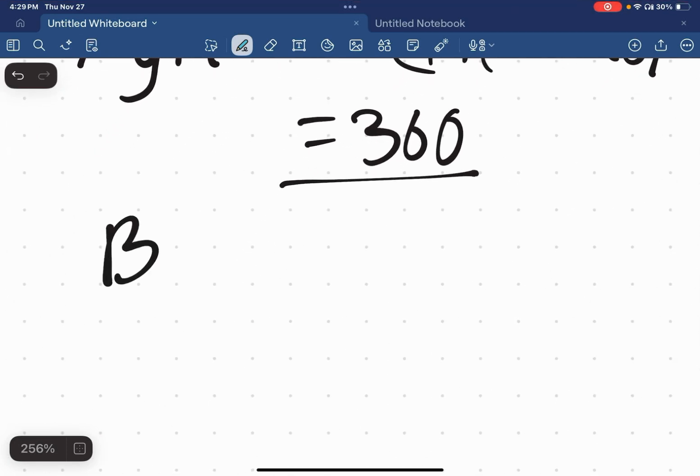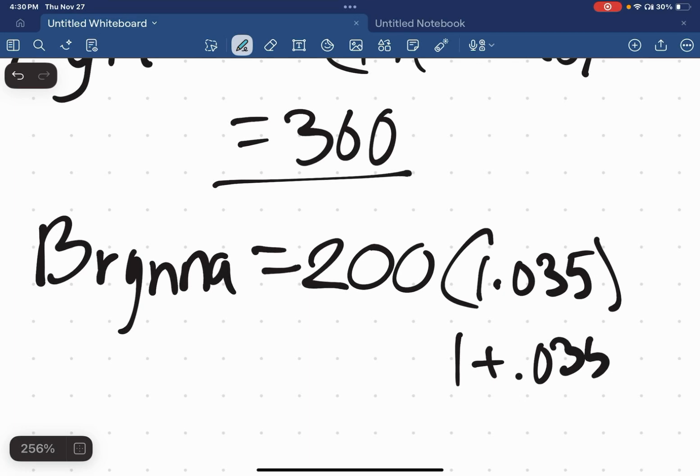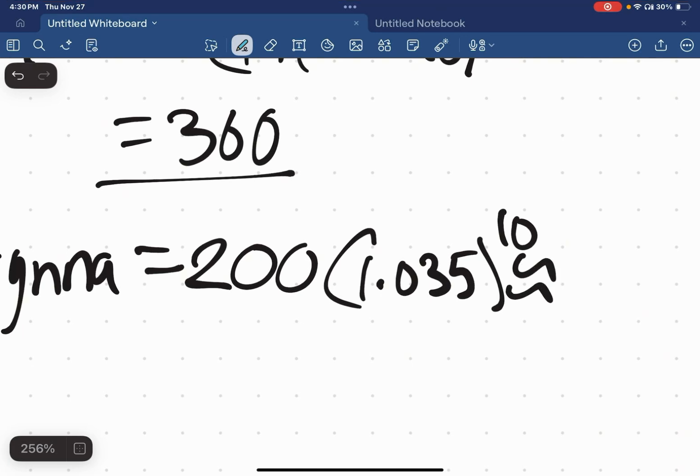Next is Brianna. Brianna has decided to do compound interest at 3.5% yearly. Brianna's equation is a bit simpler. It's just what looks to be a geometric sequence here. So 200, her original amount, times 1.035, which splitting this up is just 1 plus 0.035 for the 3.5% annually she has, to the power of 10 for the amount of years,